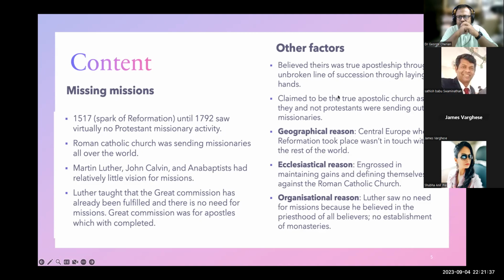Now, there were some other factors also. The Catholic Church believed that there was true apostleship through the unbroken line of succession through the laying of hands. So they say that okay, our initial